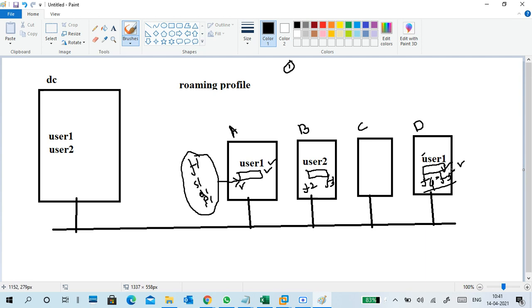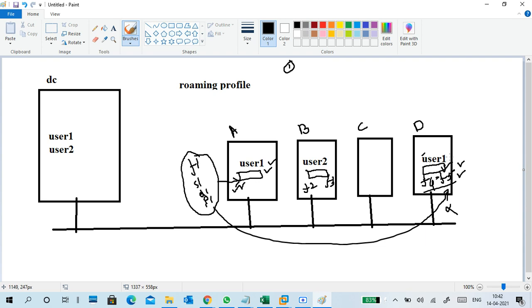Both are not the same data. This data stores here only, and this data won't show here. Understand? He cannot carry his data because it's stored on the local PC only.